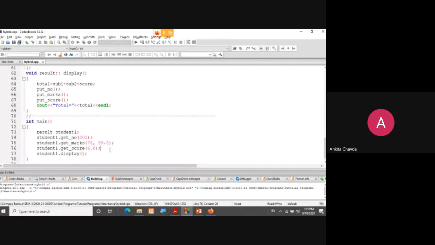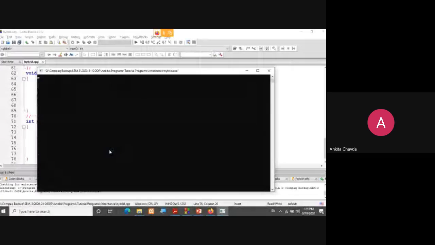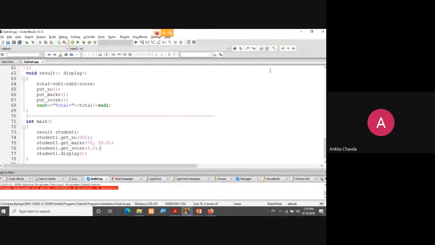So when we run this, we will be having one more data into it, that is your score, sports weightage. Fine. This is the example we were having in the multi-level inheritance. I've added one more class. So now it is of hybrid type, right? I hope it is clear.